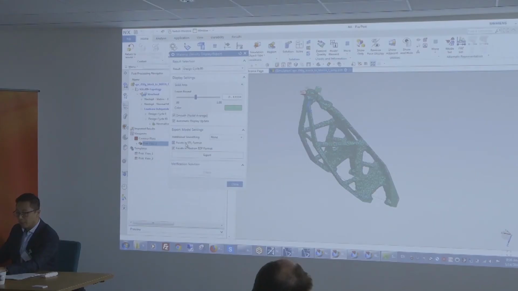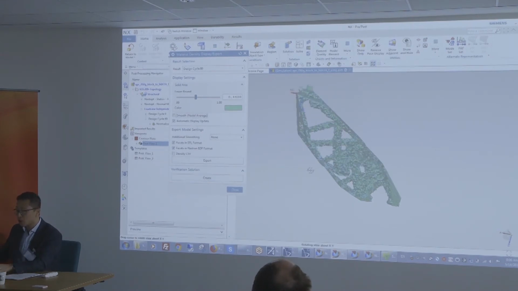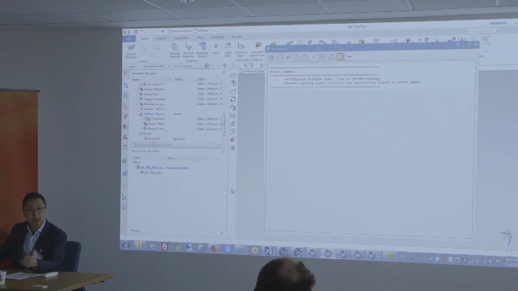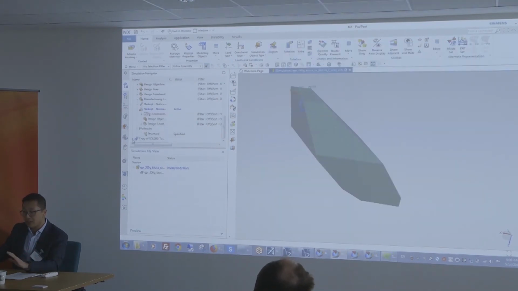I could create what we call a verification solution. So what this means is, at this point, I don't know what the stress distribution on the part is, right? All I have is a map of the elements that have been kept. What we can do is create a verification solution that will only keep those elements and run the subcases we've asked it to run, right? So it will run. Is that not smooth? So essentially it's meshing the facets. In that case, for that verification solution, because it's preliminary and it's quick, there's no smoothing yet. Smoothing can come in a further step, which I'll show shortly.